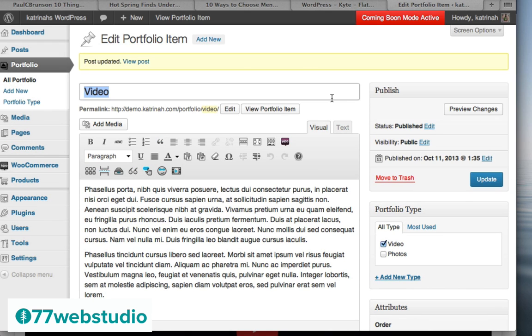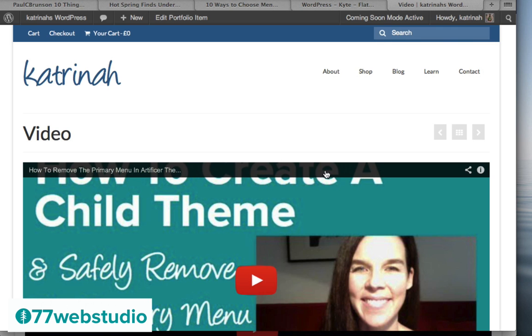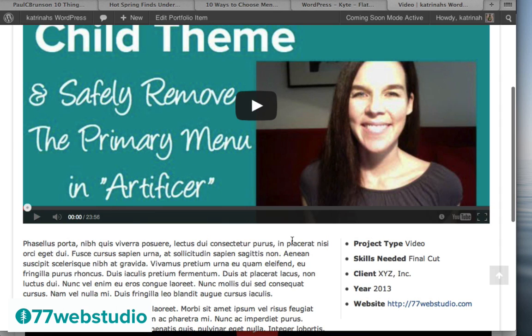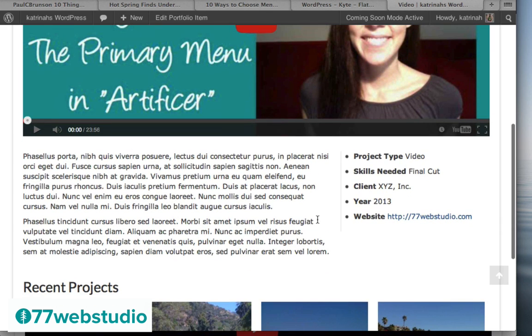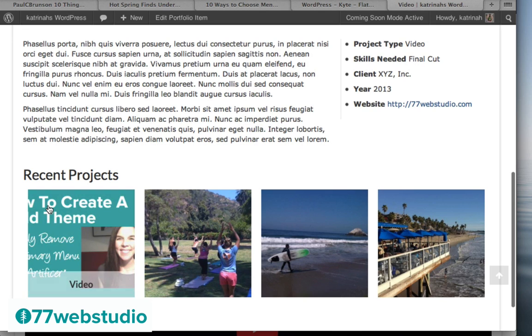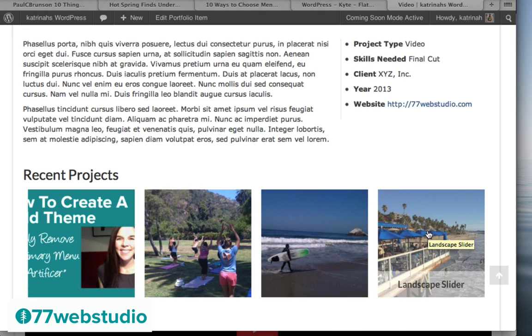And now when we check out the item by clicking on View Portfolio Item, now we see that the black bar at the top and the black bar at the bottom has been removed. So that looks a lot better. So that's how you can remove the black bar of your video if you are having an extra black bar inside of your video. Okay, so this is what the portfolio item looks like with a video. We have our video at the top, and then we have our description, our project details, and then underneath we can see that now there's a full row of recent projects.